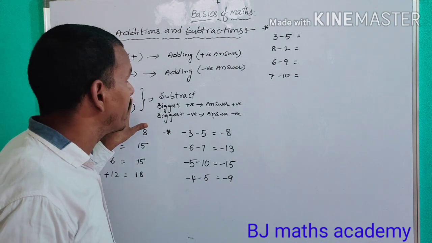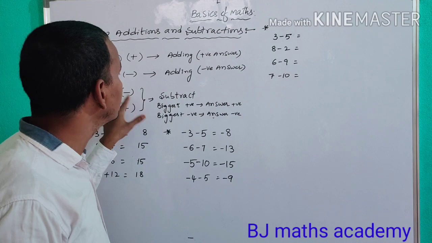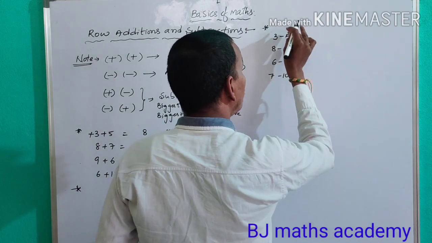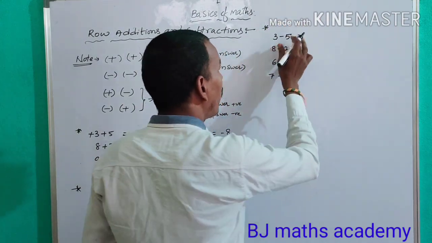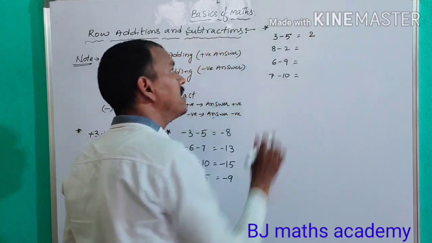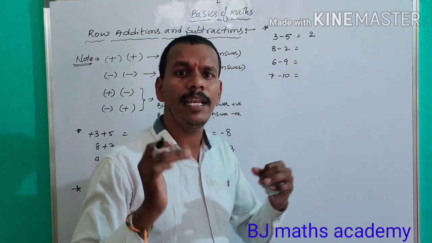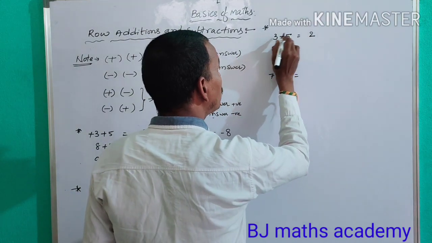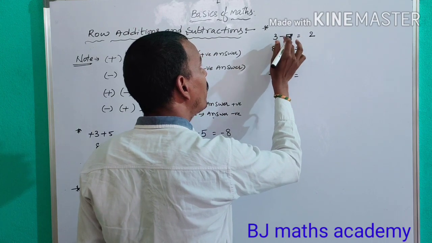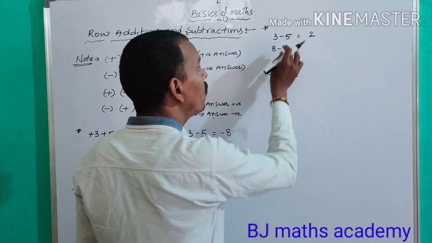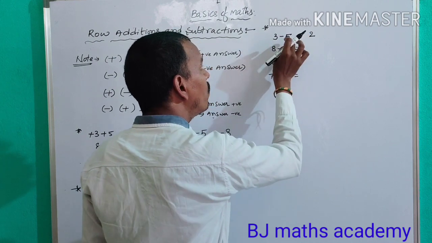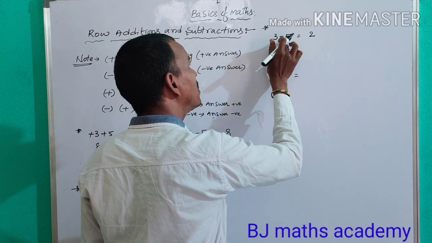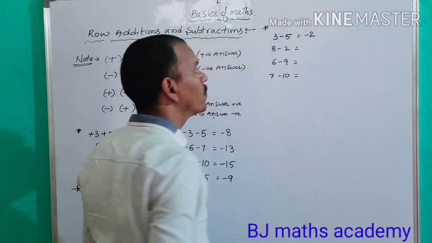One is plus, one is minus. What are we doing? Subtracting. So in the biggest one, you subtract the smallest one. So 5 minus 3 is equal to 2. But is the answer positive or negative? How can we remember, how can we recognize? So here, see, the biggest number is 5. The sign before 5 is minus, therefore it is minus 5. The biggest number here is negative, so the answer becomes negative.